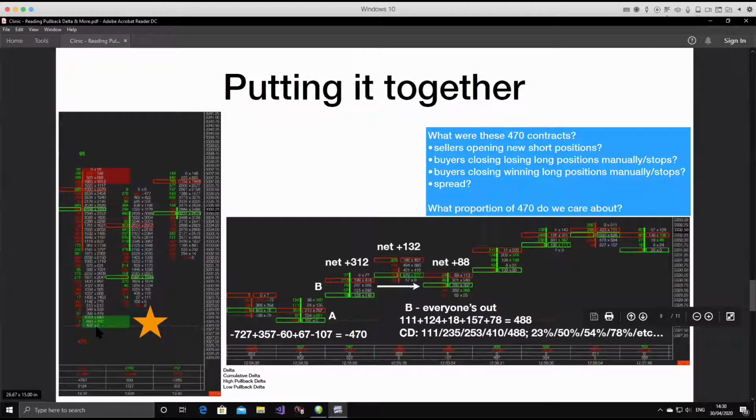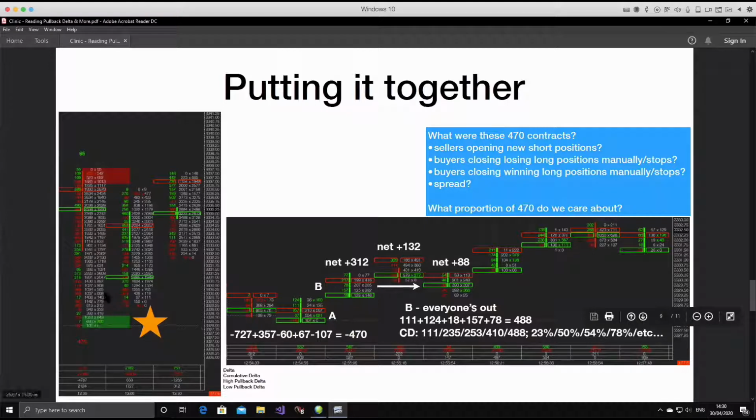I don't want to rush getting in just because I see it. Anything could develop. But it's interesting to use the pullback delta to start to track the amount of delta I can see that is potentially offside, how much is going the other way? And I can start to get a view if people are indeed on the wrong side, and as they puke,